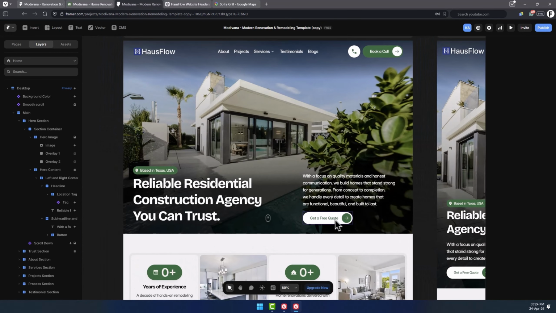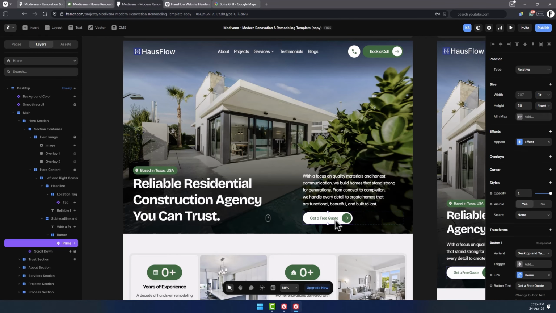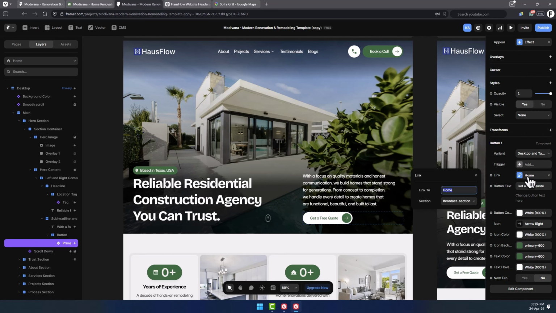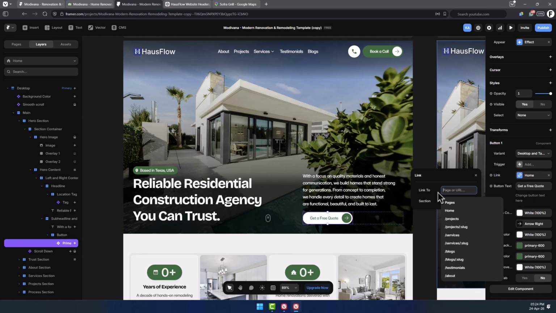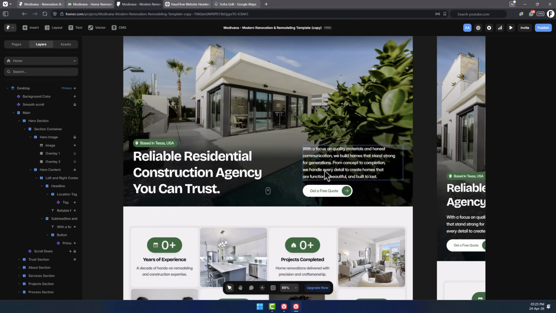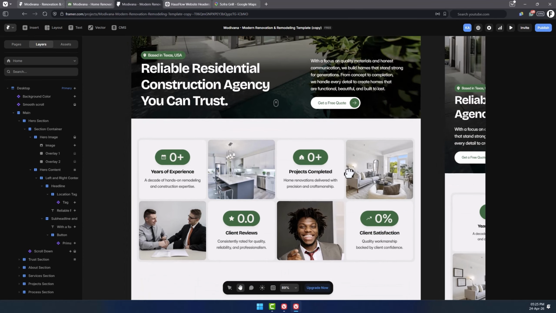The last thing here is the button. Click on it and change the button text on the right if you wish. You can also change the destination link just like we did on the navbar. With that, the hero section is done, and we can move to customize the next section, which is the trust